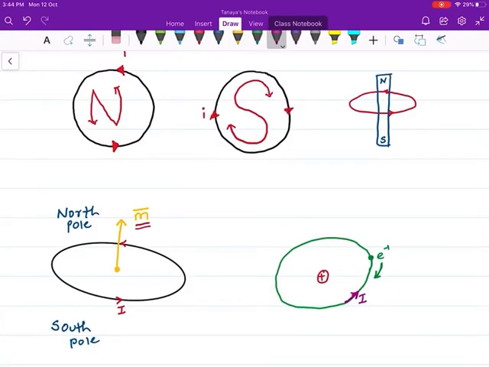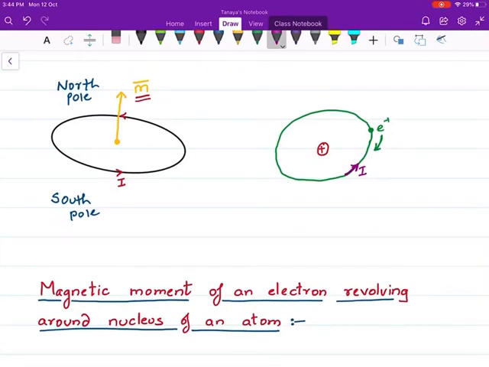North pole at the top and south pole at the bottom, if the current is flowing in the anti-clockwise direction, right? So this loop is going to act as a magnet. Now moving charges means we have electrons which are revolving around the nucleus. These electrons are also spinning around themselves. And moreover, the nucleus also contributes to the magnetism, because the protons and neutrons, not neutrons because they are anyways neutral, but the protons are spinning. So they are moving, right? There is some motion of those protons. So they also contribute to some magnetism.